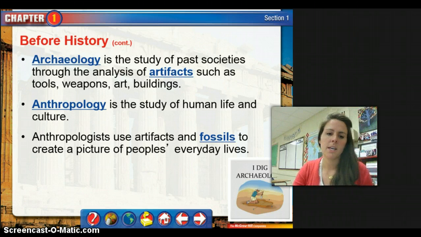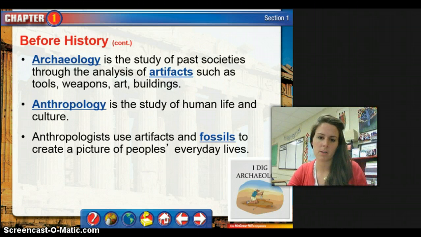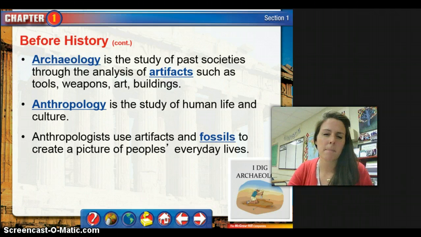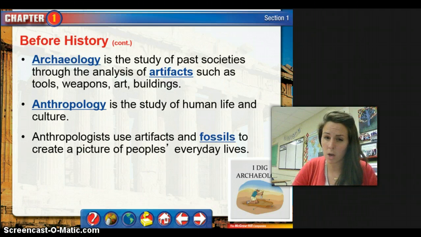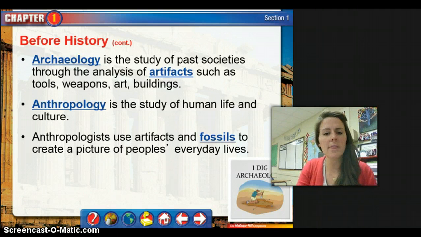Archaeology is a subfield of anthropology. It's kind of like math. You have math, and then you have subfields of math. You have calculus, geometry, algebra. Well, anthropology is kind of like that. You have anthropology, and then you have subfields of anthropology. You have archaeology, linguistic anthropology, cultural anthropology, etc. So try and think of it like that.